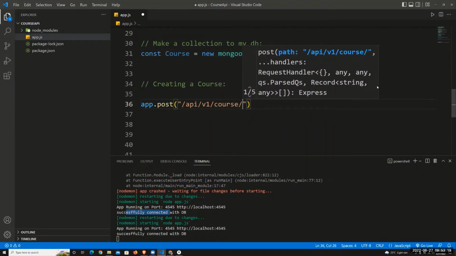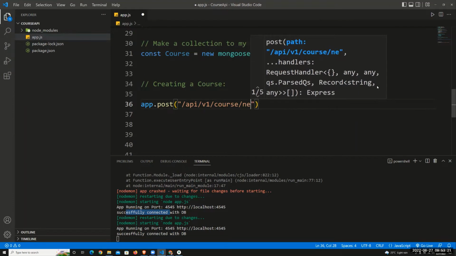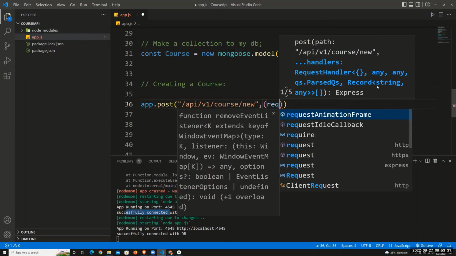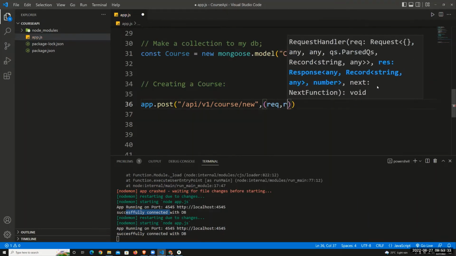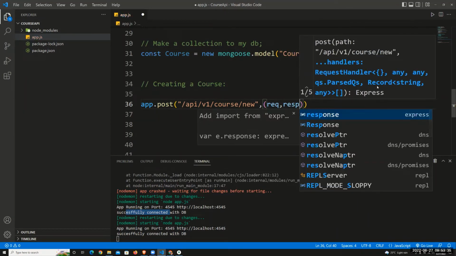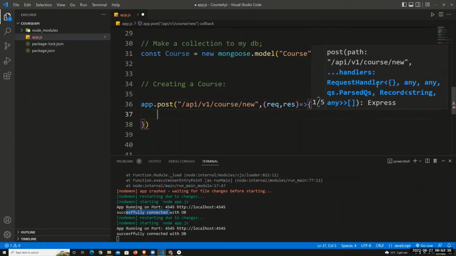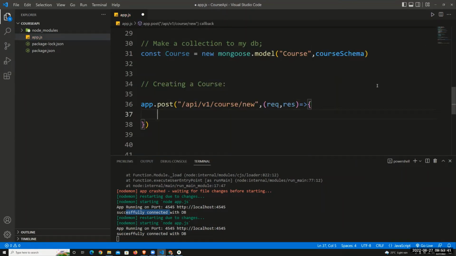/course/new. मैं ये वाला URL यूज करने वाला हूं कि कोई भी मेरा /api/v1/course/new पे आके कोई भी रिक्वेस्ट करे तो नया कोर्स बनना चाहिए। तो नए कोर्स के लिए मुझे क्या मिलेगा, रिक्वेस्ट मिलेगी, यहाँ पर रेस्पॉन्स मिलेगा, request, response, और मैं यहाँ पर डायरेक्टली इसको एक्सेस कर सकता हूँ। सो मुझे नया बनाने के लिए अभी क्या करना है, यहाँ पर कोर्स, यहाँ पर मैंने लिया।